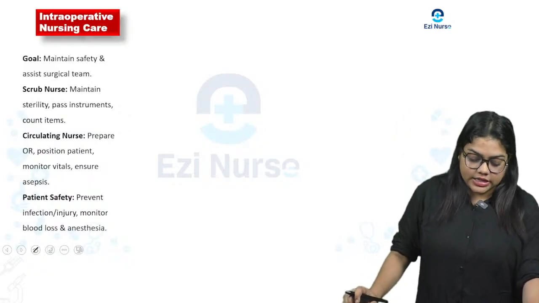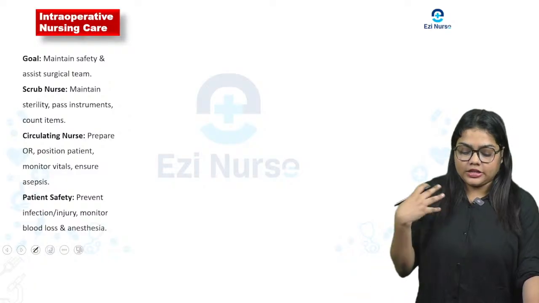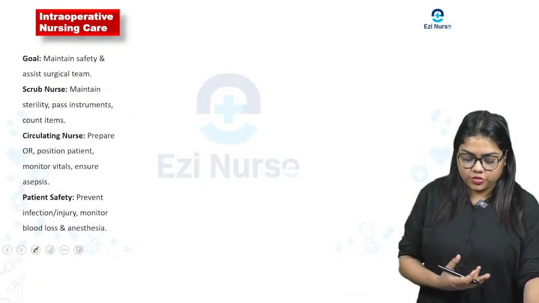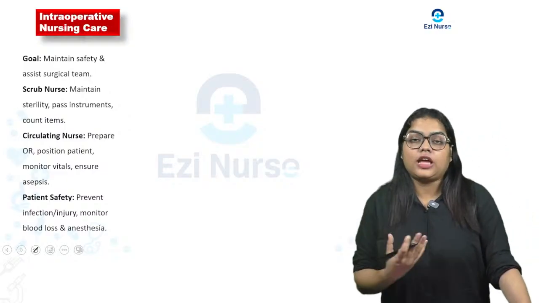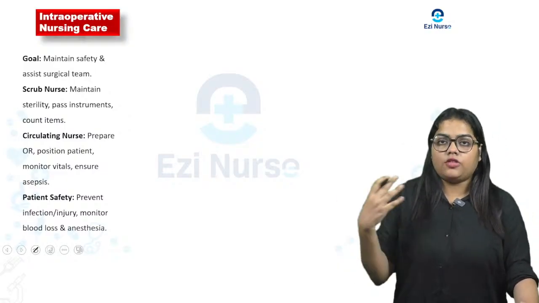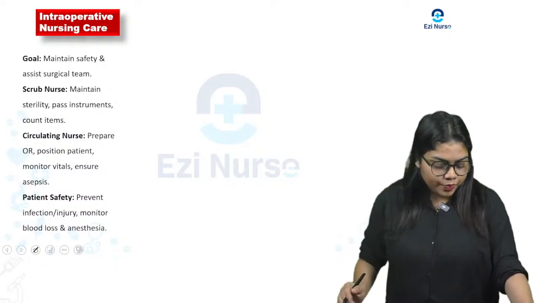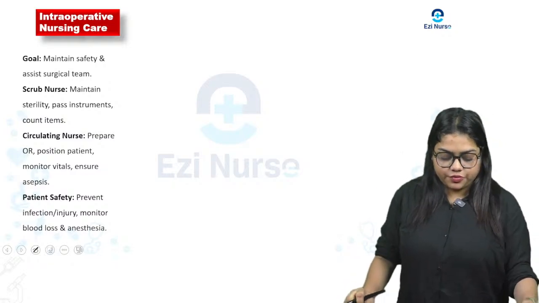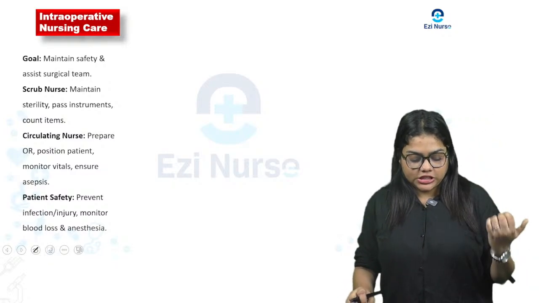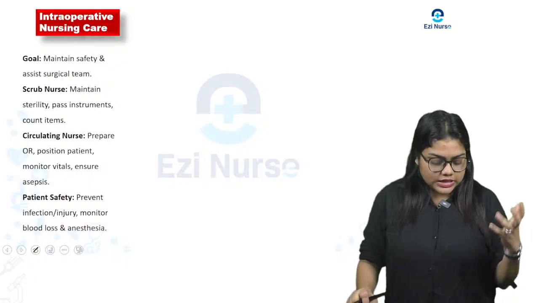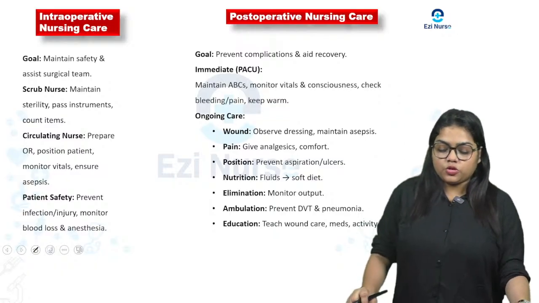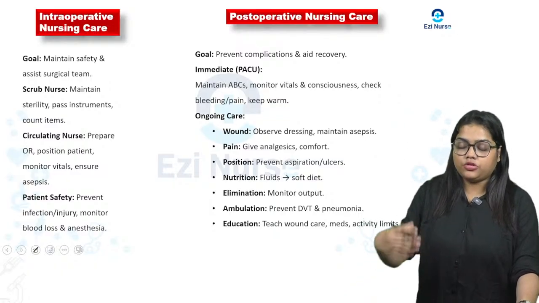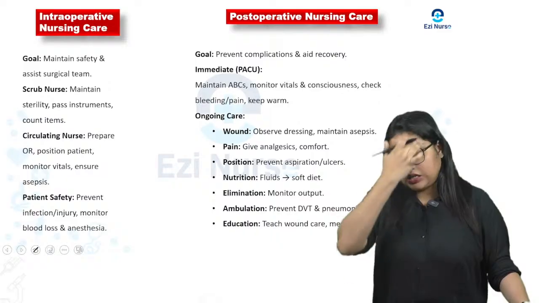Then the circulating nurse, who will prepare the operation room, position the patient, monitor the vessel and ensure the asepsis or sanitization of the whole procedure. Then patient safety, where we have to prevent infection, injury and monitor blood loss and anesthesia. Now come to post-operative. So post-operative, why do we have to give nursing care